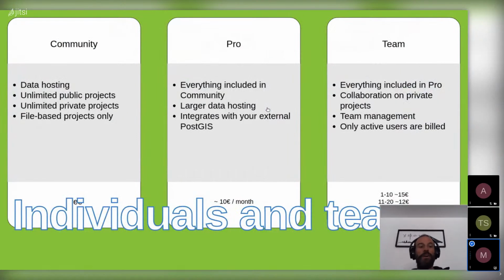Well, we're gonna have 3 plans. Sorry, there is a bit of an error down in the slide. We will have a community account, which is gonna be free and has everything you need to get started on a file-based project only. Then we're gonna have a more advanced tool where you can integrate with your PostGIS, and you have larger data hosting storage, and then we have a team account where you basically have collaboration on private projects,